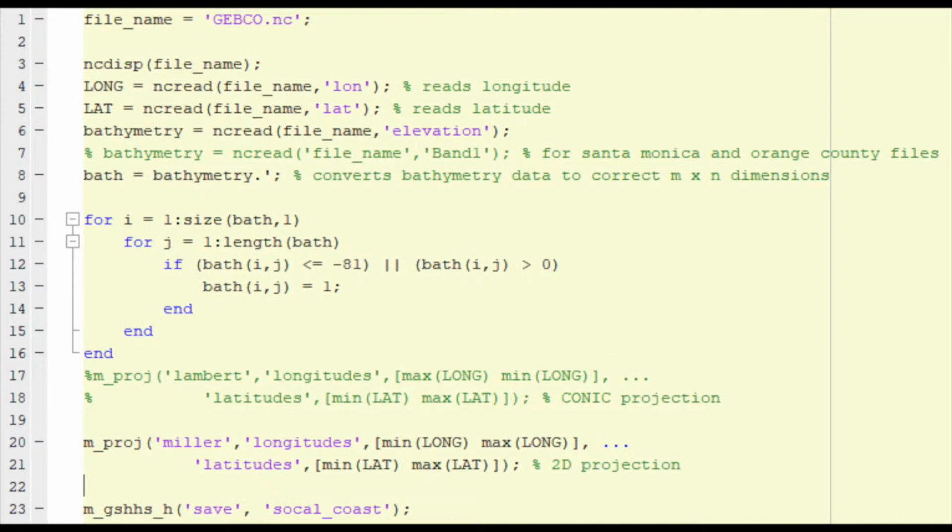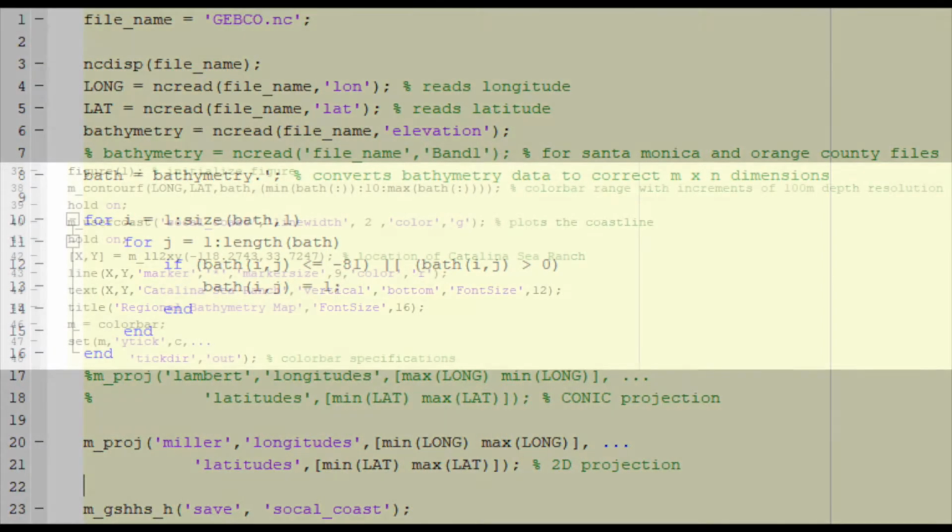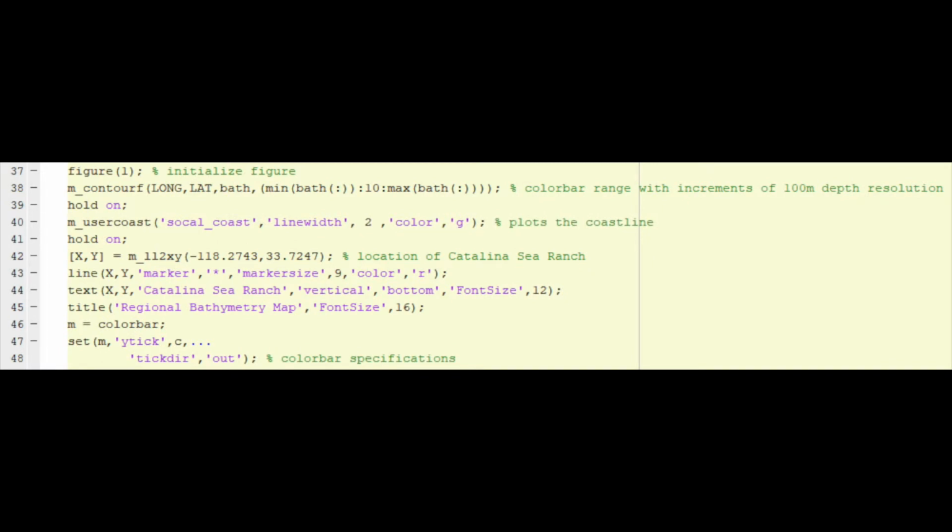So for coding our maps in MATLAB, we've been receiving data in the form of NC files and shape files, and then we read these into MATLAB as shown in lines 1 through 6. And we adjust some of the data to make the processing quicker by getting rid of array values that we don't need, which is shown in lines 10 to 16. And we use mmap to create a projection of our desired latitude-longitude values, and then contour plot with our given